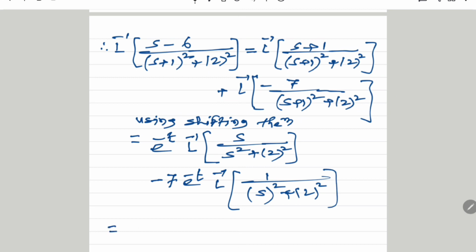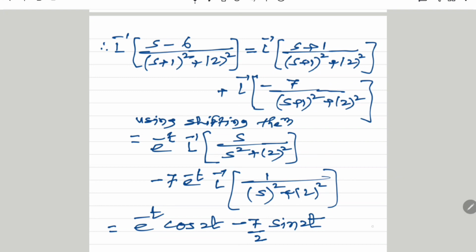And therefore, it is e raised to minus t, inverse of s upon s square plus a square is cos at, cos of 2t, minus 7. Inverse of 1 upon s square plus a square is 1 by a, here 2, sine of at, and